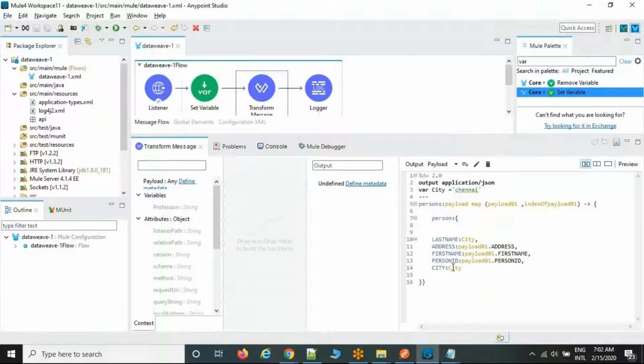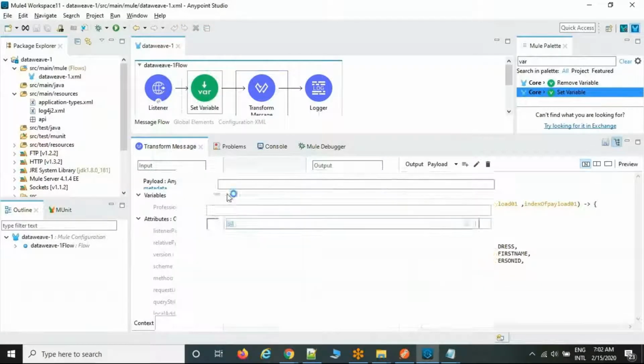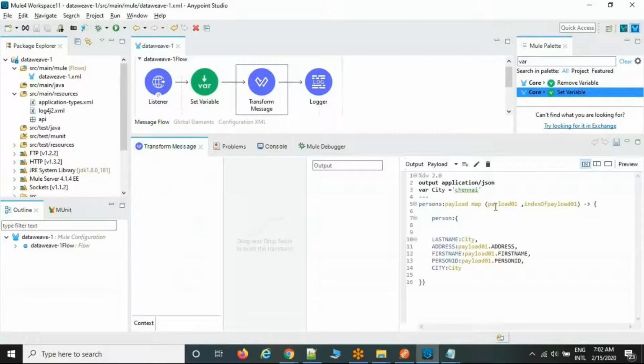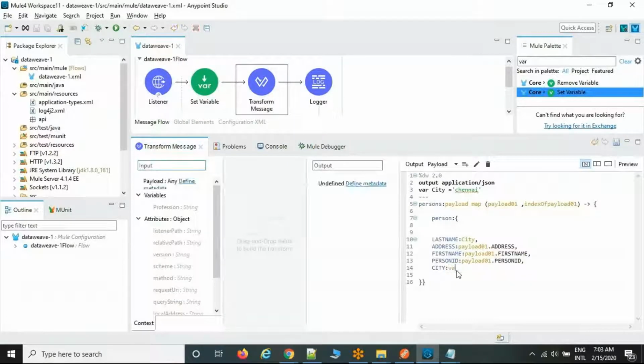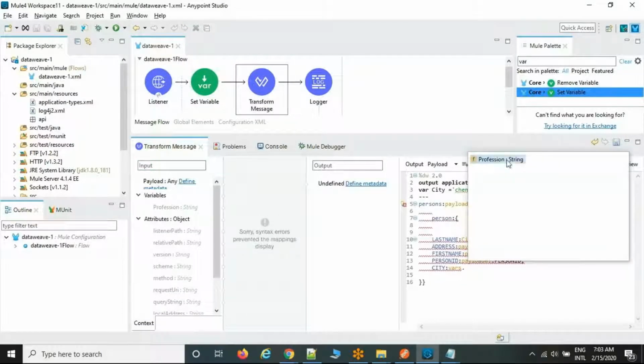Now the syntax is, example, this is the job, right? Profession. Now example, in the city place, if you want, vars.profession.